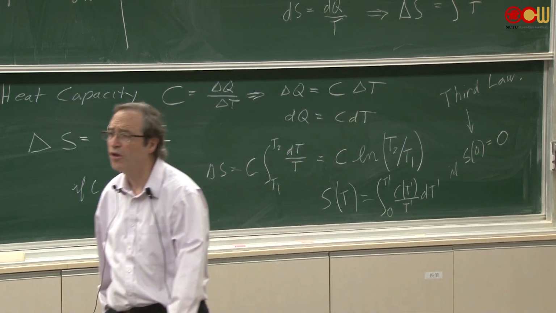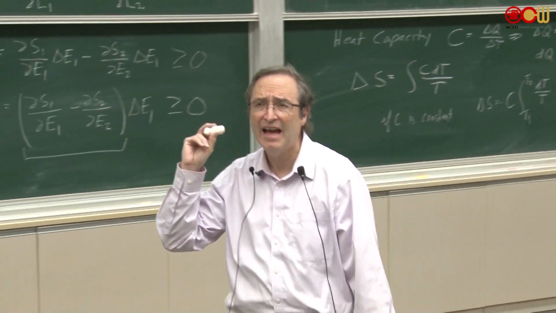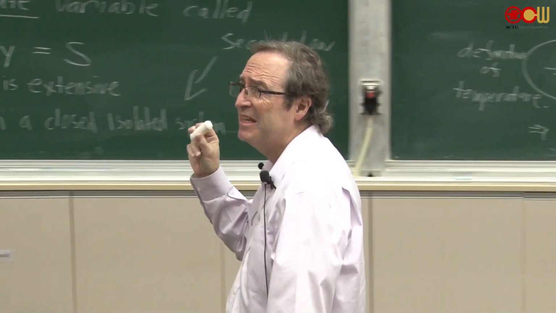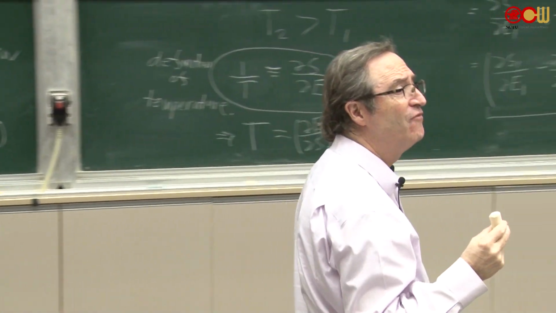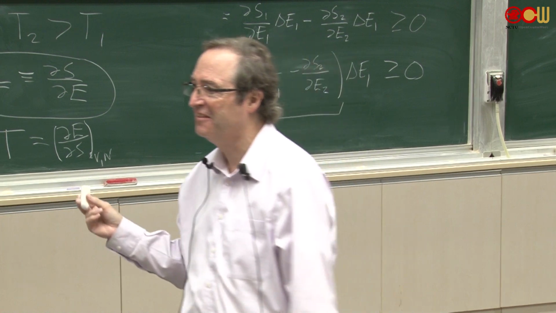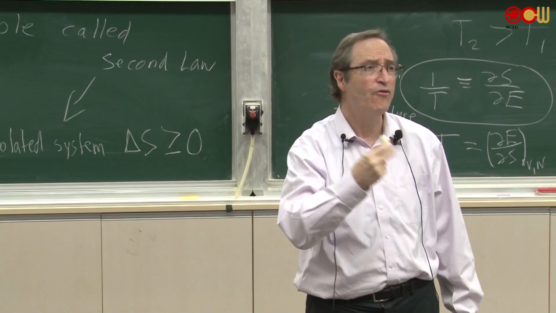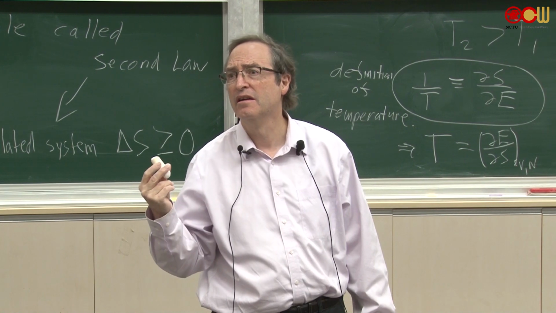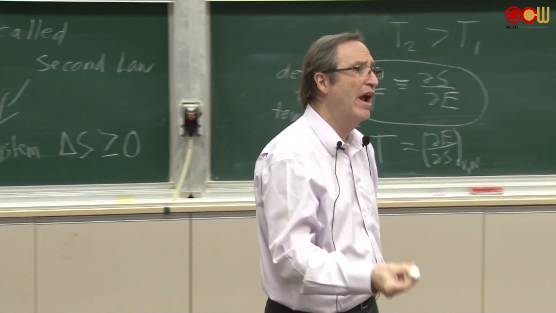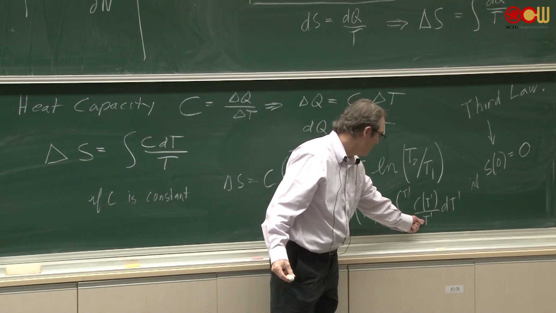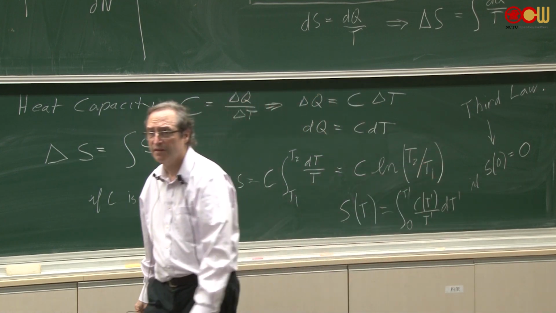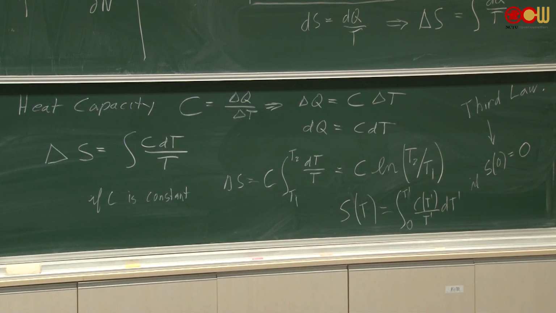Right? In order for the third law to be valid, if you look at that, it means that the heat capacity must go to 0 at T equals 0. And we have not yet seen any formula that does that. That's why all the formulas we have do not work at absolute 0. They simply are not correct at absolute 0. Because at absolute 0, we'd have a 0 in here, and this thing would diverge. So we need to have the heat capacity go to 0 at T equals 0. We'll see some examples where that happened.